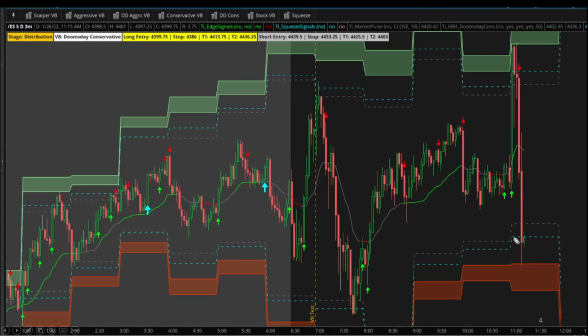And what you should start to see is we start to build somewhat of a base here. So we have large bearish candle number 2, and then we finally have our first small inside candle where it looks like we're starting to build somewhat of a base. Still on our 3-minute chart, and this is now on our most conservative model. So the cyan line is usually where we look at really starting to enter this trade, and we need to see price stabilize here, and we need to start to see somewhat of a reversal